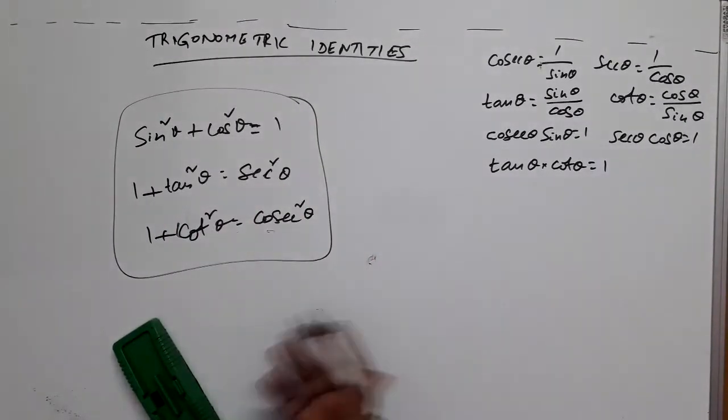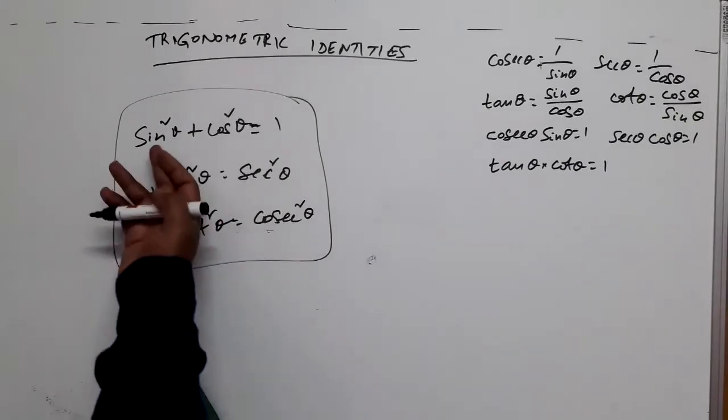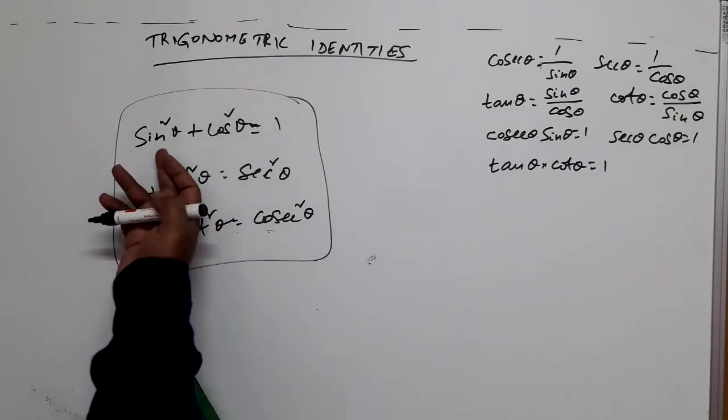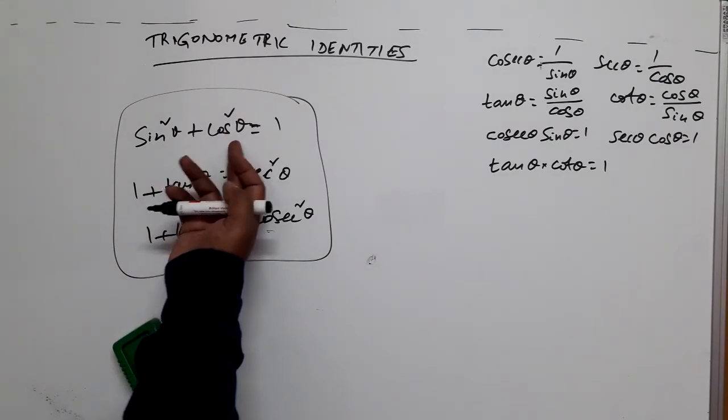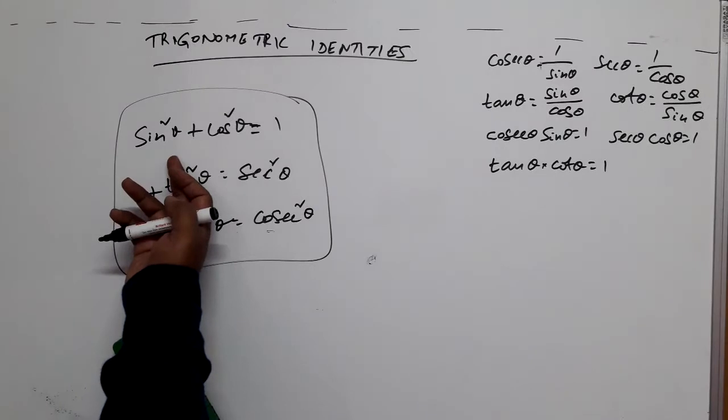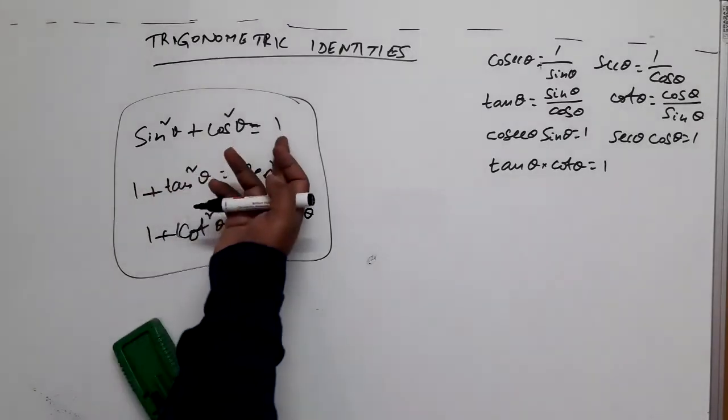Let us say 30 degrees, substitute, yes. Sin 30 degrees is 1 by 2. 1 by 2 whole square is 1 by 4. Cos 30 degrees is root 3 by 2. Root 3 by 2 whole square is 3 by 4. 3 by 4 plus 1 by 4 is, yes, 4 by 4. That is 1. Tallied or not.